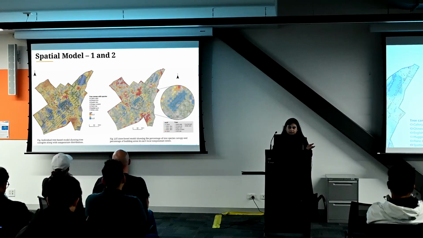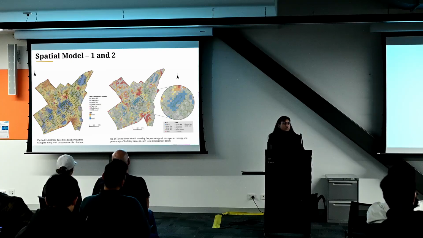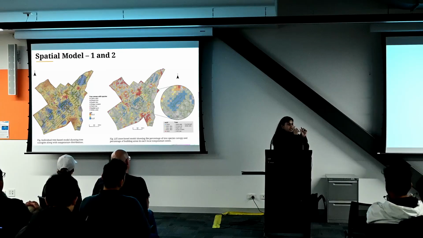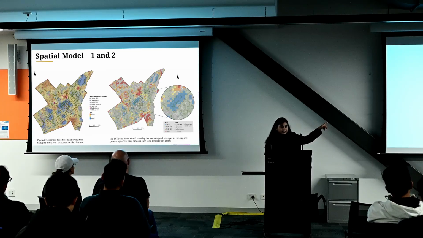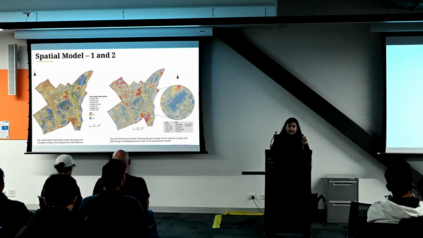If I can zoom in. If you can see, each box represents a small zone, because if we have a large area, we don't really understand the different impact of the species. That's why I divided it into small zones. I'm not sure if it's visible, but the tree crowns are there, with different colors showing different species, and underneath are building footprints. I wanted to see how, within these small boxes, the local relationship between the tree and the heat worked.